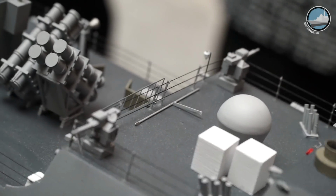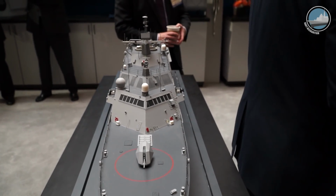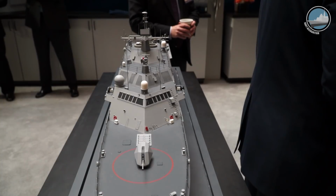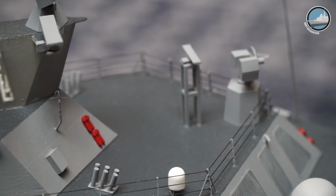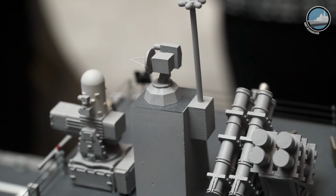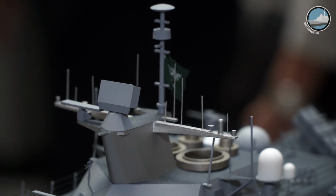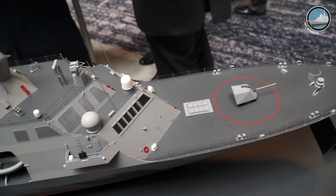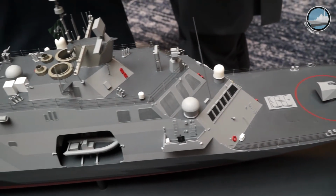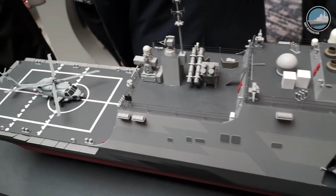In terms of sensor systems, 2 CEROS 200 radar and optronic tracking fire control directors by Saab are fitted, one forward on top of the deck house and the other one back aft between the Harpoon launchers and the SeaRAM system. The main radar system is a Hensoldt TRS-4D AESA radar. Other sensors likely include a VDS, variable depth sonar, likely from Thales, of CAPTAS type, electronic support measure systems, and